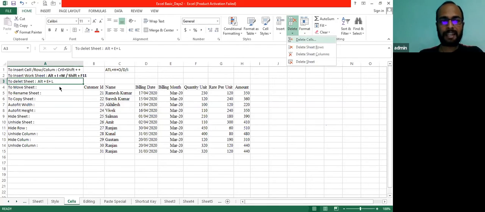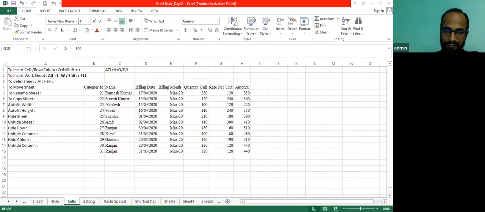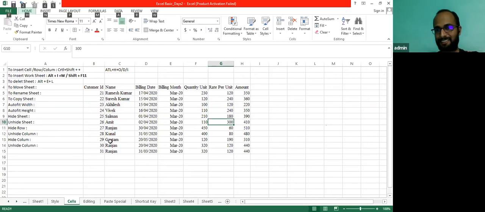Okay, one more important thing that I would like to share with you. Sometimes it happens that in our laptop, Alt key starts creating some problem, or sometimes our Alt key does not work. So can anyone tell me, in that case, what should we do? Let's suppose I have to press Alt IW and both my Alt keys are not working. So in that case, how can we get a resolution in that situation? You can just press F10. You can see, in case your Alt does not work, you can use F10.